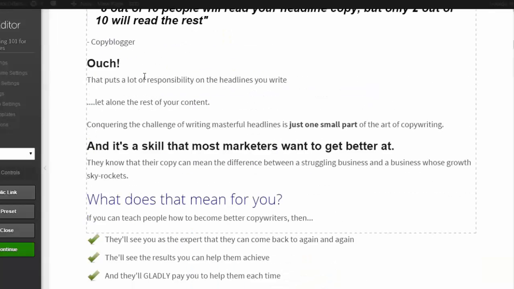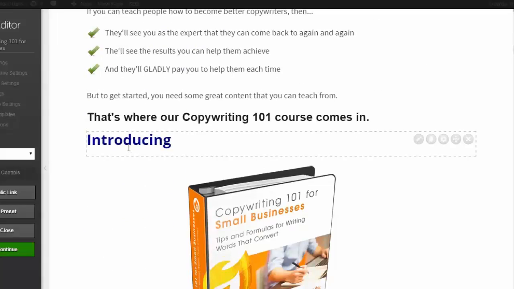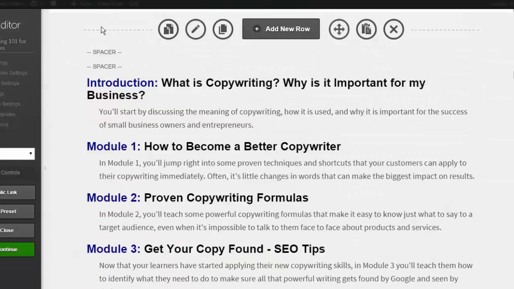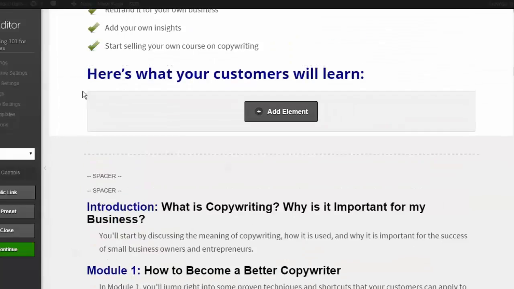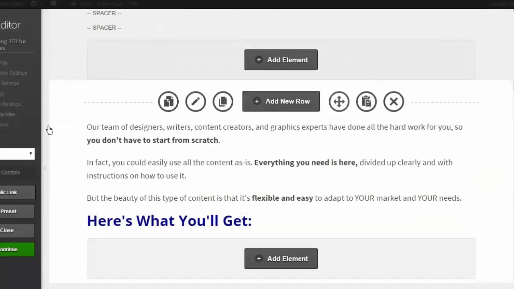If you want to have text, then a bullet block like this, and then more text, I just added different elements: a text element, a bullet element, then more text, etc. So that's all my text. Then I created a new row because I wanted to alternate white background, gray background to break it up. And I put in more text, white background, new row